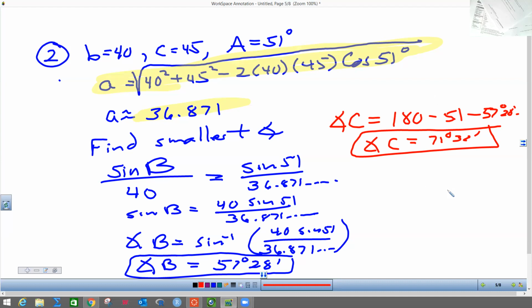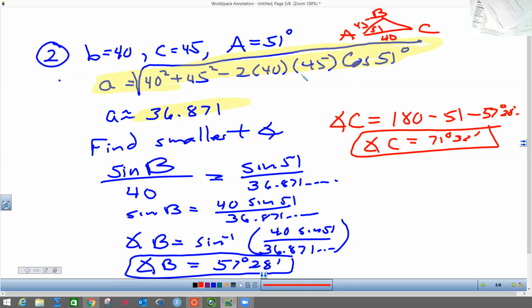We're going to do a formula again here. What do I have right? And I didn't draw the picture. I probably should have. I got A, B, C. So let's see. A is 51, B is 40, and C is 45. So on this one,